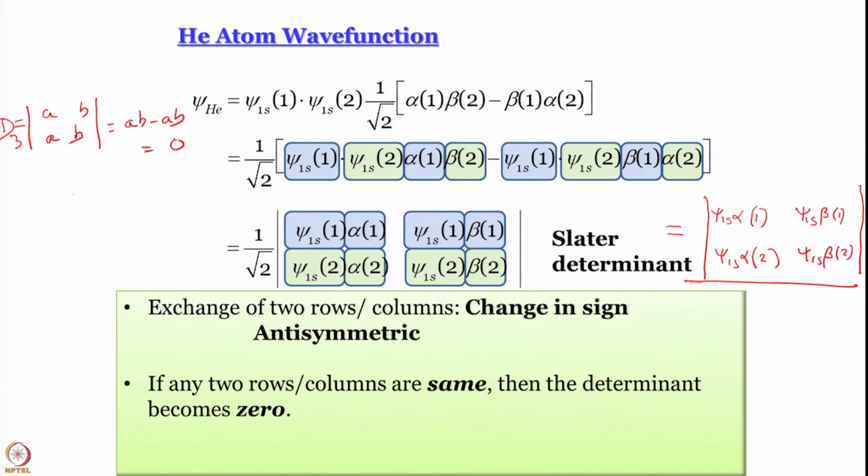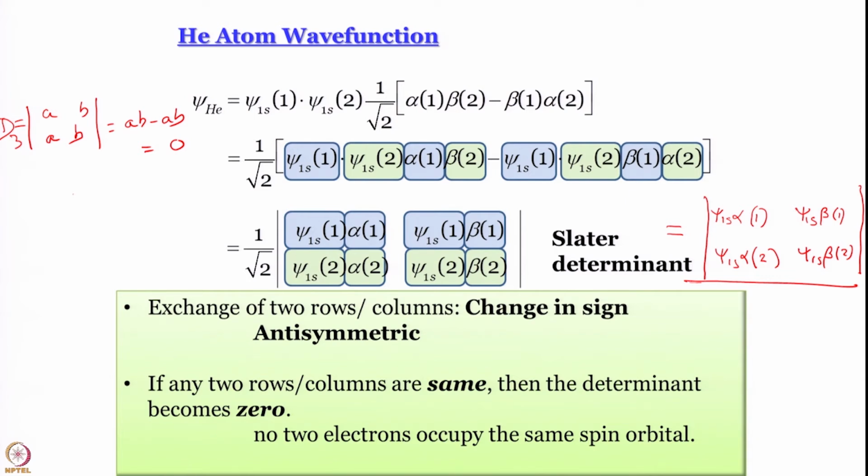Since it is antisymmetric, you can write it in determinant form. Now since in a determinant, if 2 rows are the same or 2 columns are the same, the determinant becomes 0, it is essential that no 2 electrons can occupy the same spin orbital,